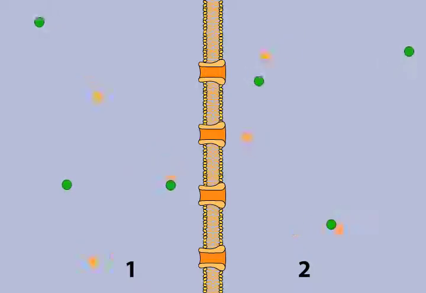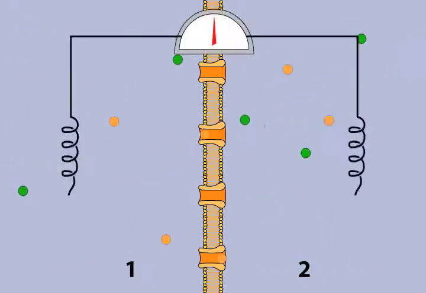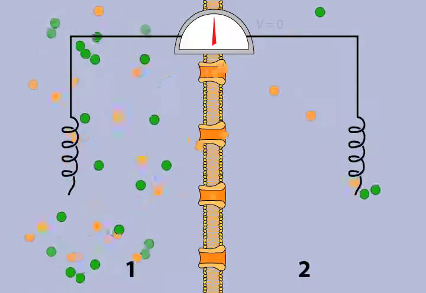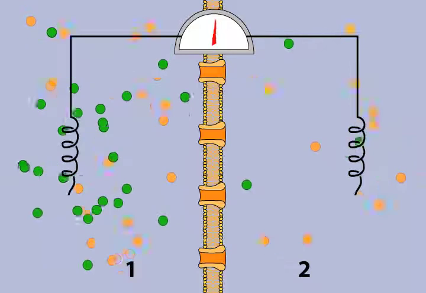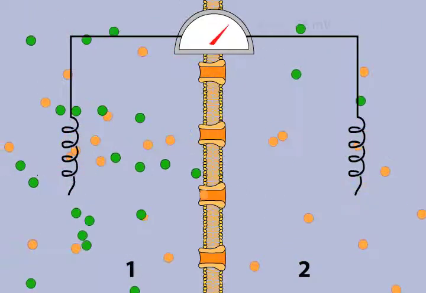Consider a simple system in which an artificial membrane separates two compartments containing a 1 millimolar potassium chloride solution. If the membrane is permeable only to potassium ions, depicted as orange spheres, and the concentration of potassium on each side of this membrane is equal, then no electrical potential will be measured across the membrane. However, if the concentration of potassium is not the same on the two sides, then an electrical potential will be